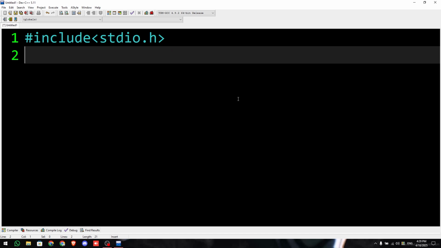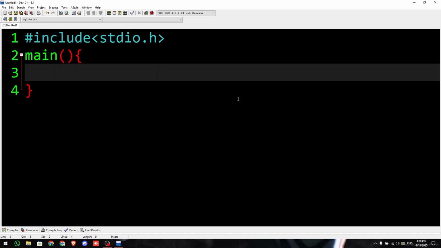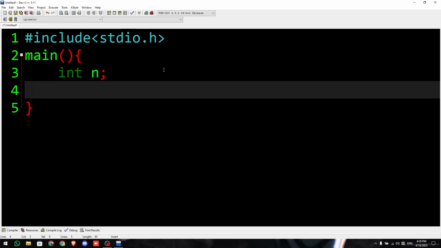int main function. Okay, now we have this. Now, static is nothing but the same: no matter how many times we run the code, the output will always be the same. Dynamic simply means we can dynamically update this, as in we, the user, give the input. So for static we write int n is equal to 10,